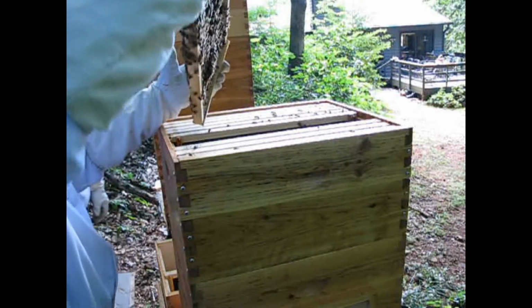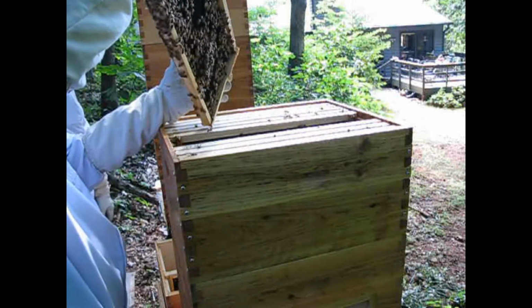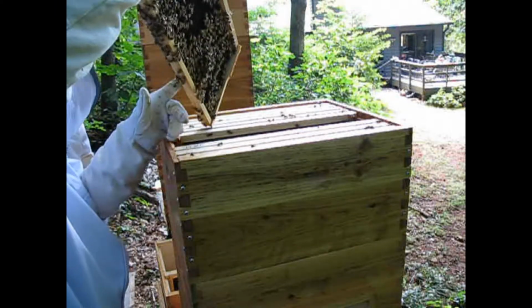Alright. So, and we always set them up on the corner. Don't squish a bee. All this white stuff is honey. Oh, wow. Okay, and all of this